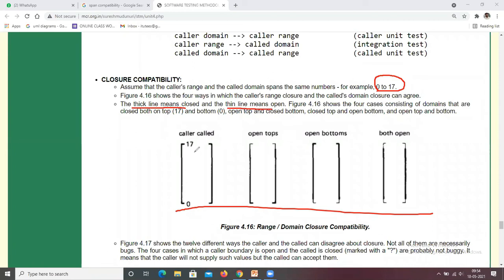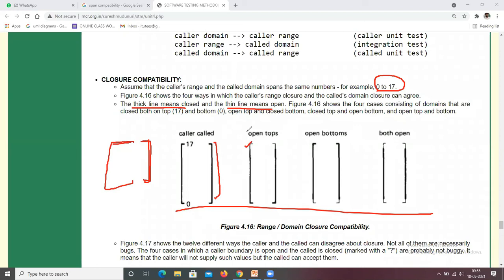If you observe here, this is the thick line, and this is the thin line. The thick line means it is closed and the thin line means it is open.